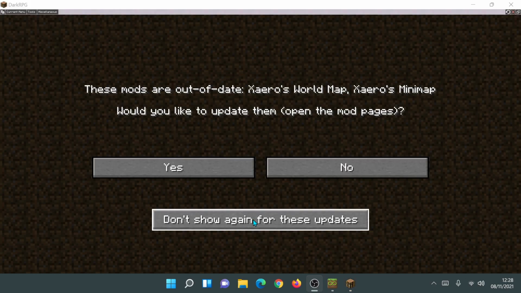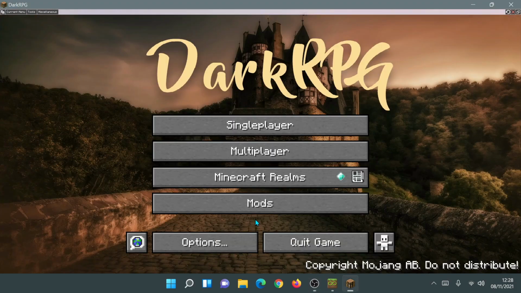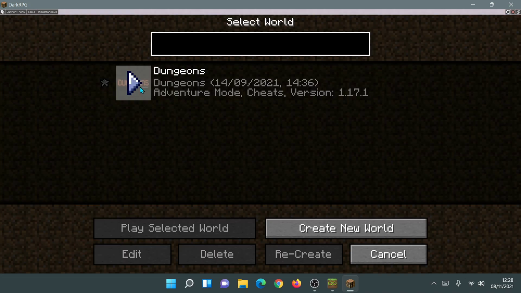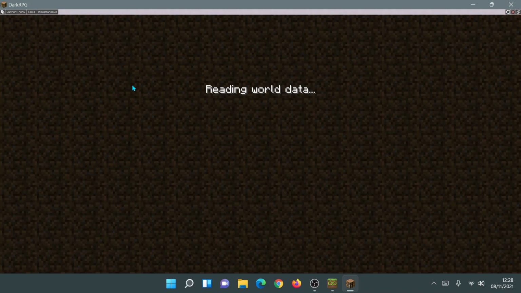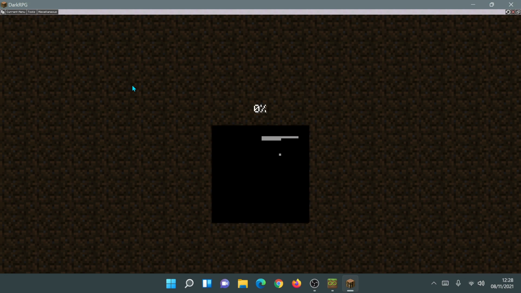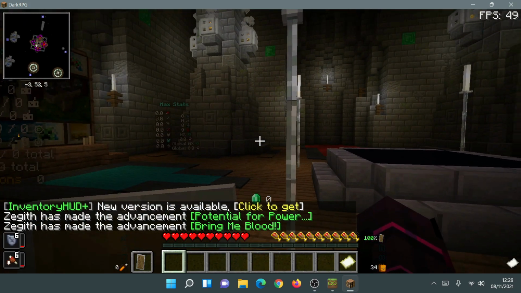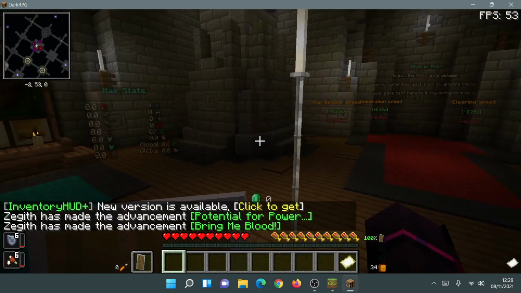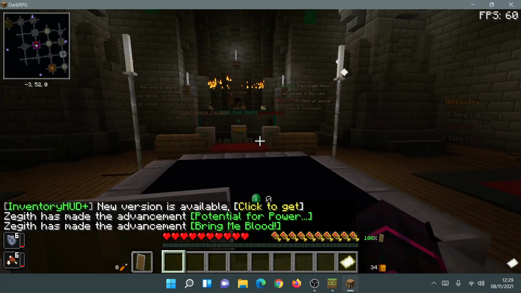Let's go ahead and maximize that. Let's click on don't show these again for these updates, and as you guys can see, we have the DarkRPG set up here. I can now click on single player, and now we can actually enter the dungeons map that I mentioned earlier. So let's wait for that to now load us into the cool dungeons map. Alright, so as you guys can see, I'm now playing using the dungeons map in the DarkRPG, and this is